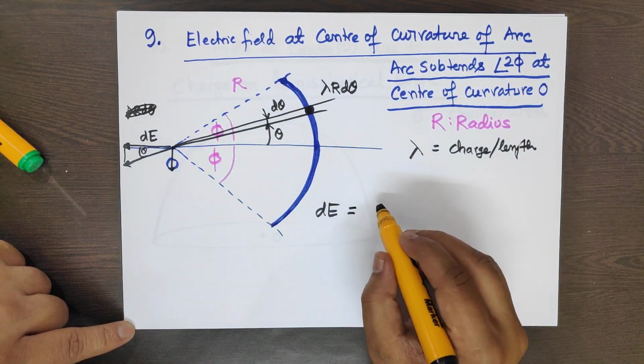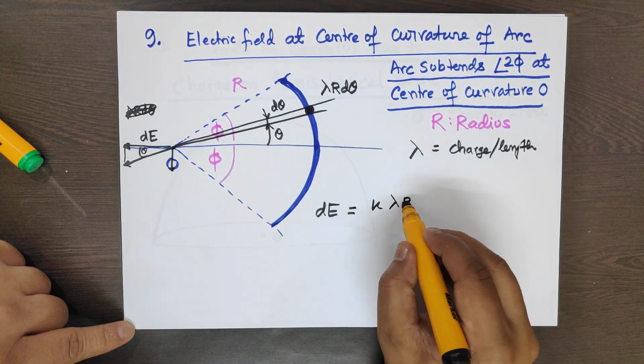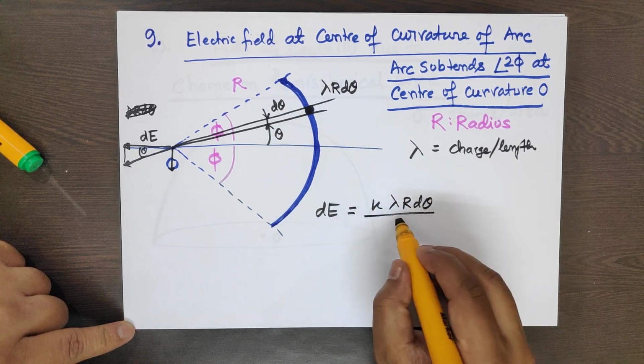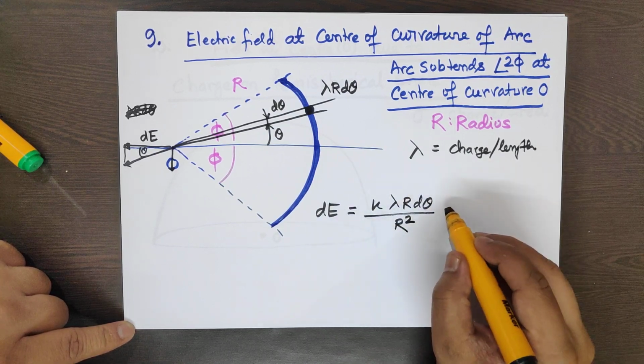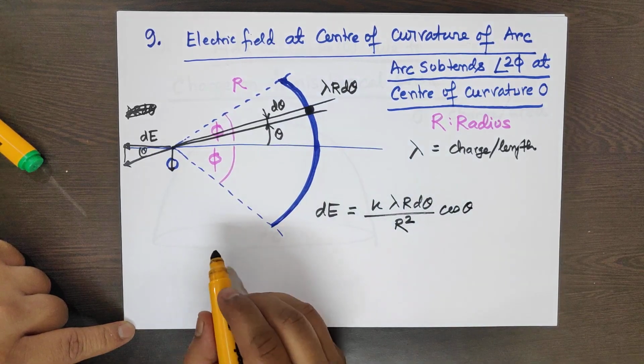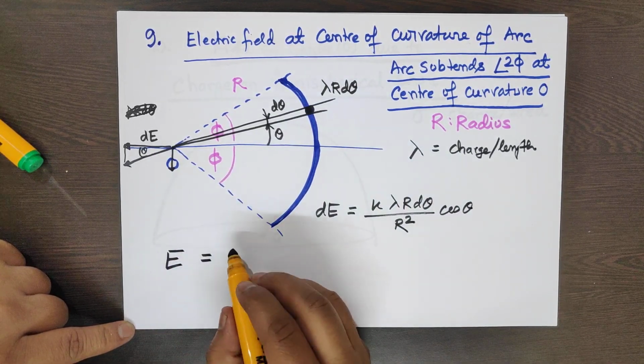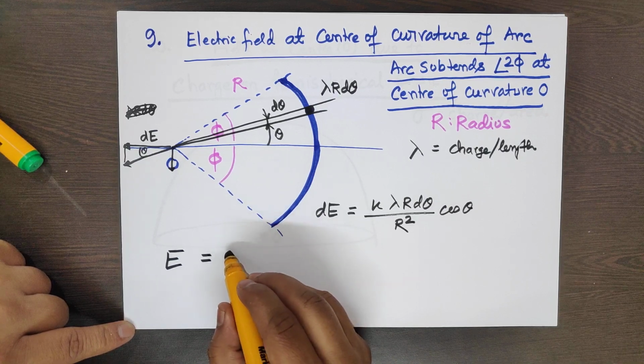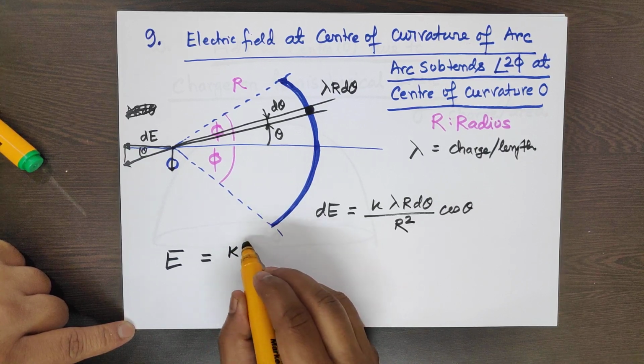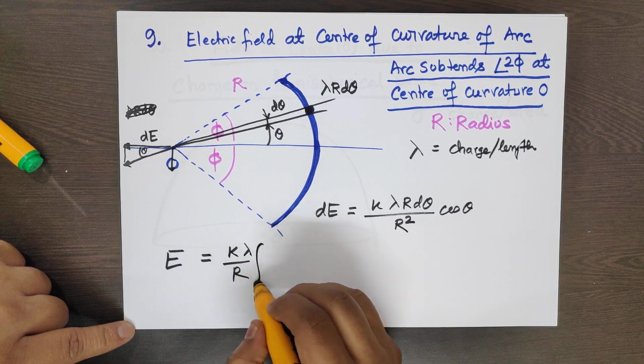So, dE is equal to k times lambda r d theta by r square into cos theta. Okay. So, the net field equal to integration of that, k lambda by r, integration of